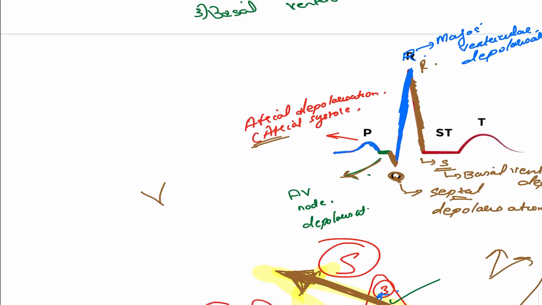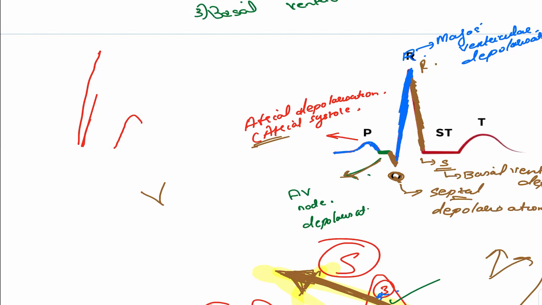Imagine the major ventricular depolarization is affected, for example due to myocardial infarction. Then from the Q, the upward deflection will be lesser. Normally this was the deflection, but it will now be smaller. The muscles are weak, so the spread of impulses is very slow, and again the peak won't be there, it will be much flatter. All this depends upon how these cells behave.